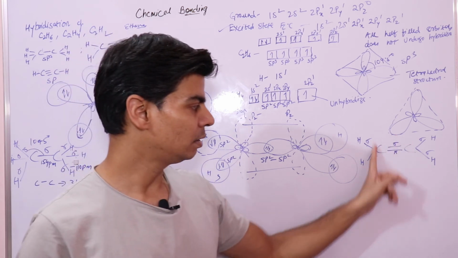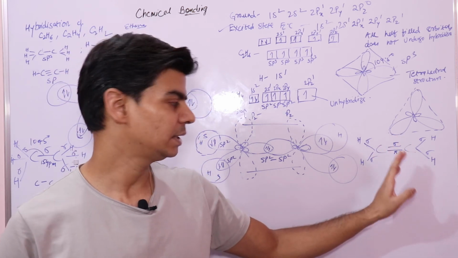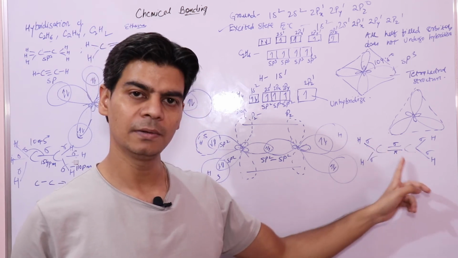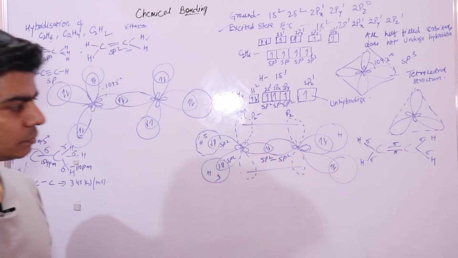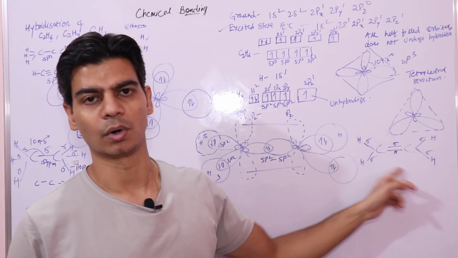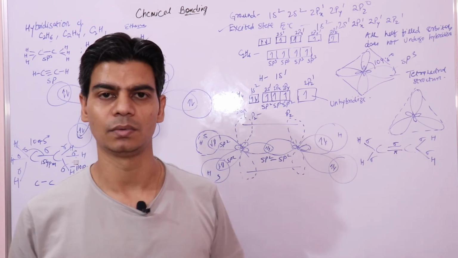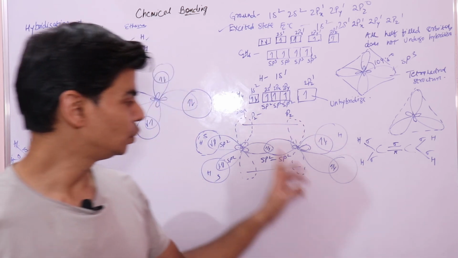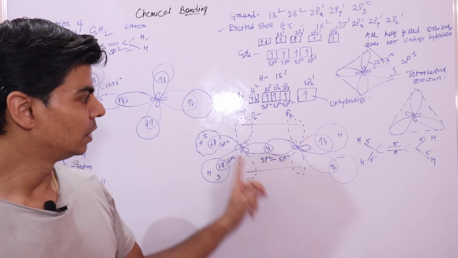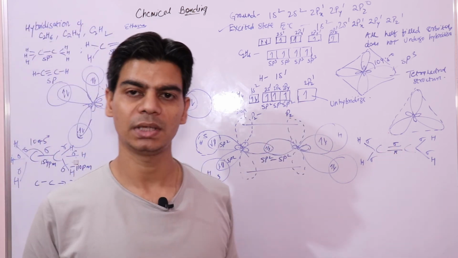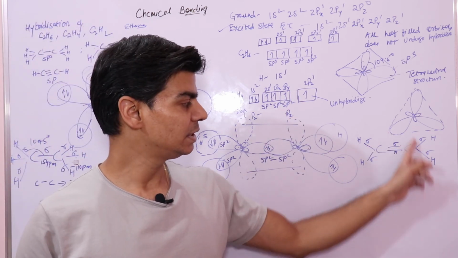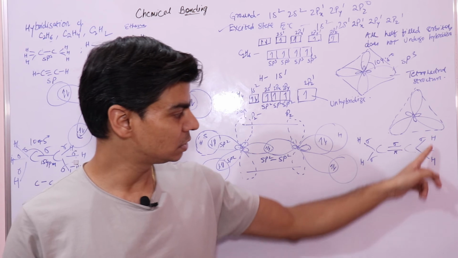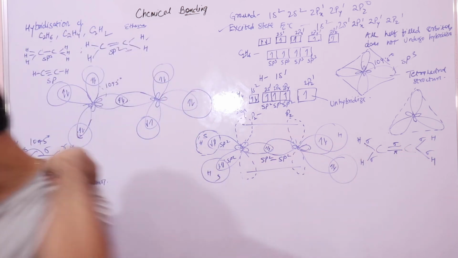Because it has one pi bond, which is a weaker bond, and in reactions it easily gets broken and dissociated. Reaction easily occurs at the pi bond. In this ethene molecule, or any alkene molecule, you have one pi bond, which forms by sidewise overlapping of the pz orbitals. This pi bond is a weak bond, so it easily gets attacked in chemical reactions. And these four or five are sigma bonds.